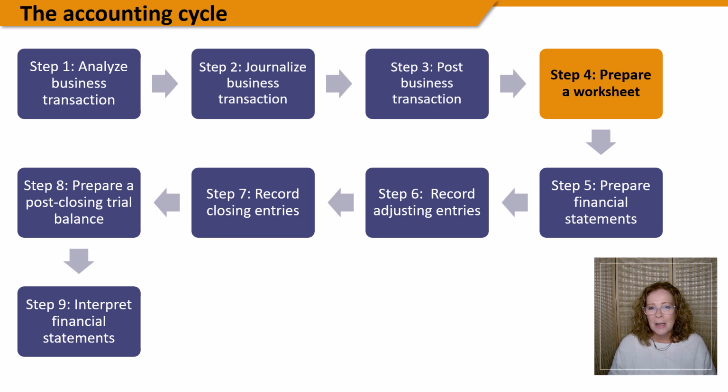If the company has accounting software such as QuickBooks, Sage, NetSuite, or SAP, the manual preparation of the worksheet is no longer necessary. Instead, the adjustments are entered as general journals with a specific code that identifies these journal entries as adjustments in the accounting system. And the accountant can then generate the worksheet or the adjusted trial balance by running a report from the system.